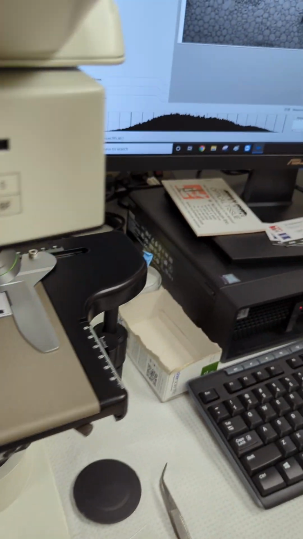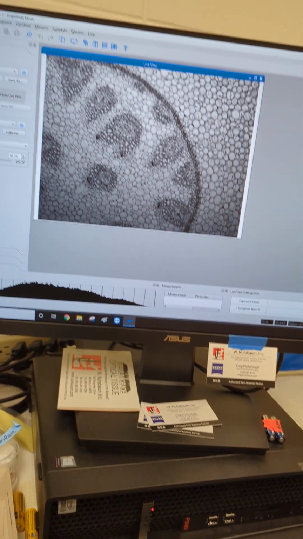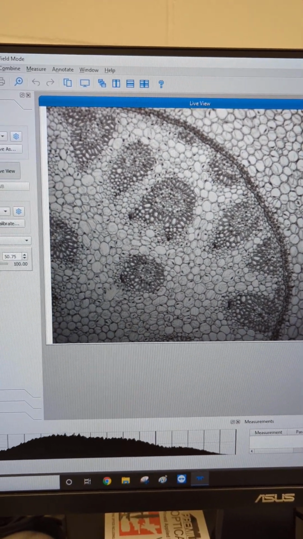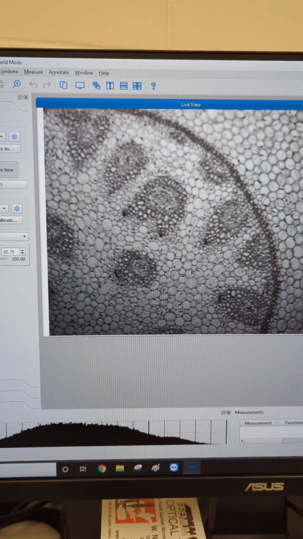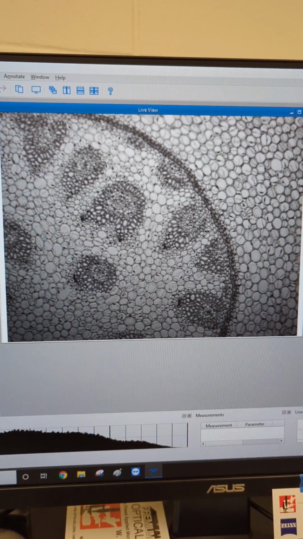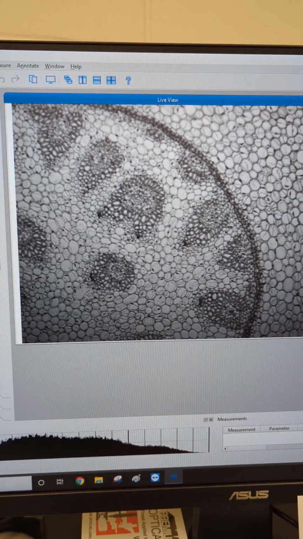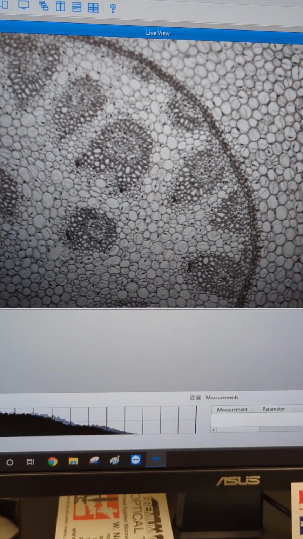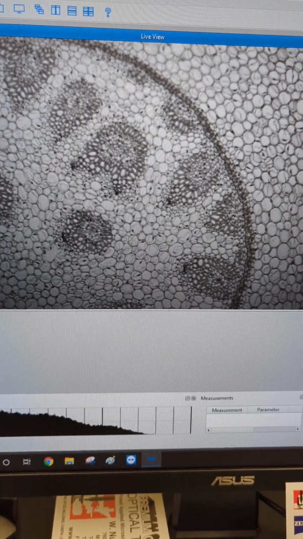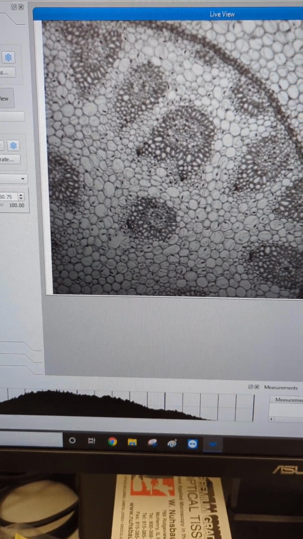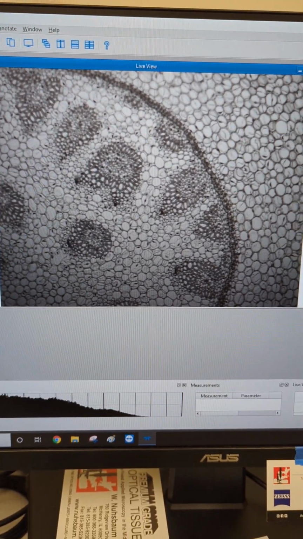But first, let me make sure that the image is in focus as best as I can for whatever it is. You can adjust your lighting and intensity on the screen, or I usually do this in the eyepieces. I'm not doing it on the screen, but for you to see, we'll do it on the screen. We'll show you the screen while I'm doing it in the eyepieces. So, got it lined up, or in focus,